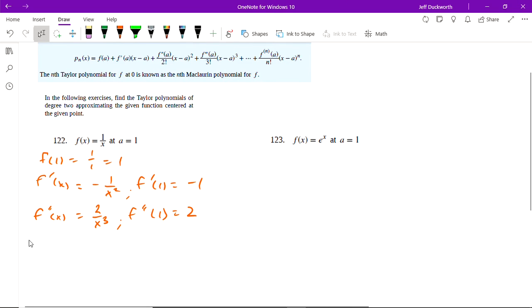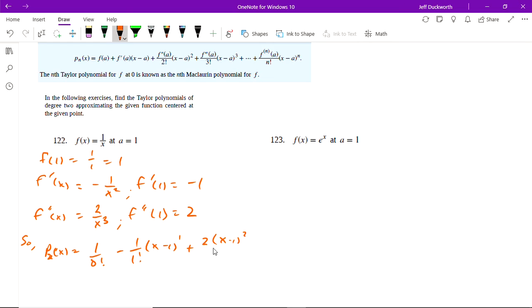So we're going to need to find P2. This is going to equal, let's see, 1 over 0 factorial minus 1 over 1 factorial, and then we're multiplying this by x minus 1, because a is 1. That'll be to the first power. I'll put it there, but it's not necessary. We'll remove it in a minute. And finally, 2 over 2 factorial times x minus 1 squared, which equals